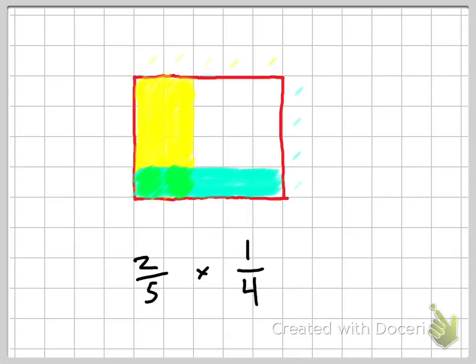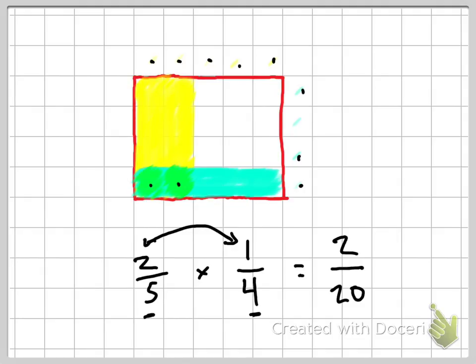All right, so what we have here, if you count up our squares, and we can do this just using the area model here, we have 1, 2, 3, 4 on the side times 1, 2, 3, 4, 5 vertical, so 4 times 5, and we can see that here in the denominator as well, the 4 and the 5. 4 times 5 is going to give us 20, right? And we have 2 blocks here colored by both the yellow and the blue, right? And we can see that here in the numerators as well, 2 times 1, 2 blocks there of the 20 blocks that we have in our square,